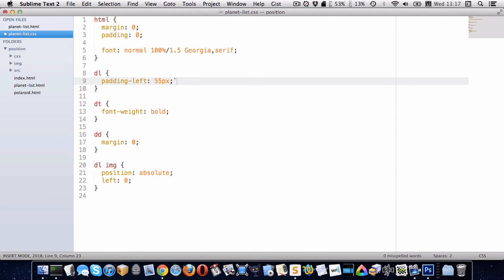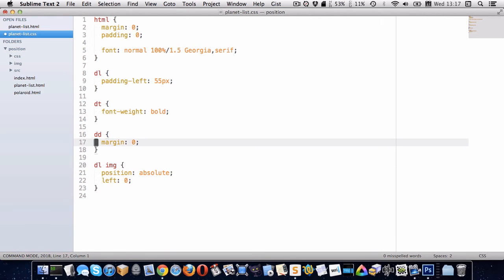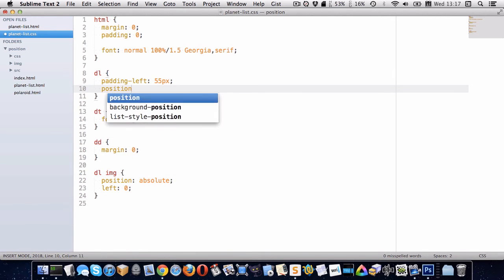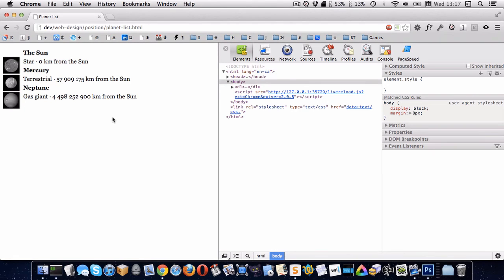Or let's actually make it our DD element. Since they are inside the DD, that might give us a little bit more control. No, I'm going to change my mind. Let's do it on the DL. Position relative. Okay, so there we go. So they're now sort of slotted into the right place, horizontally anyways, but vertically they're not lined up with the text. If we look in Photoshop,